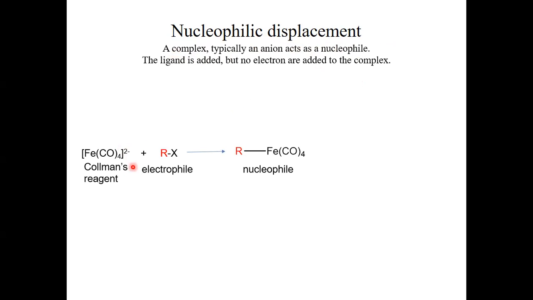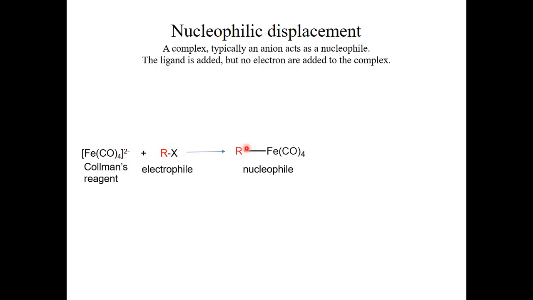One important organometallic compound that undergoes nucleophilic displacement reactions is the Collman's reagent. So this is iron tetracarbonylate 2-. That can add an electrophile, for example, an alkyl halide,